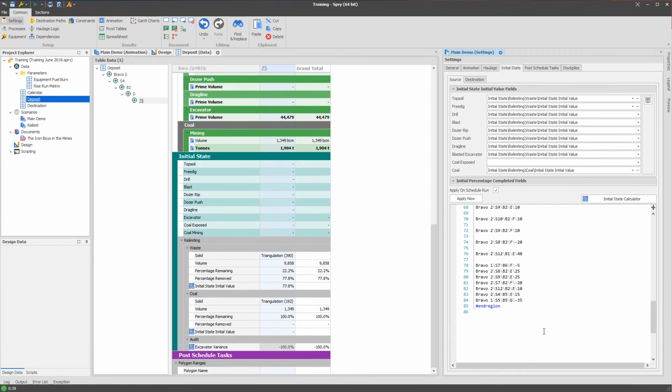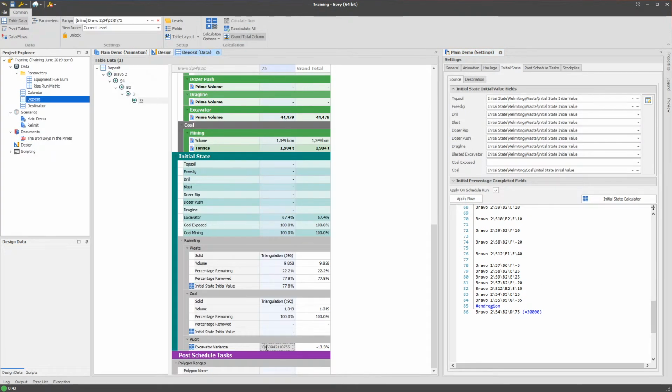So if I take that value there and go, look, I know for a fact that I have removed, let's say 30,000 tons out of there. Sorry, 30,000 cubes. I started with 44,000. I know that I've moved 30,000 out of that area. If I hit apply, what you'll get is I've got an initial state of 67%. The scanner thinks I got 78%, so I've got an excavator variance in here, and it's saying that I've got more